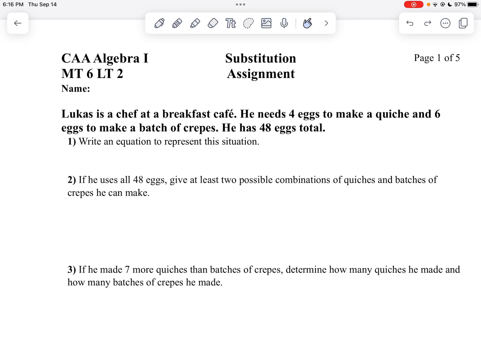Hey, let's take a look at your LT2 assignment from MT6. Before we start, as usual, don't forget your name. Can't give you any points if you don't include your name. Now, on questions 1 through 3,